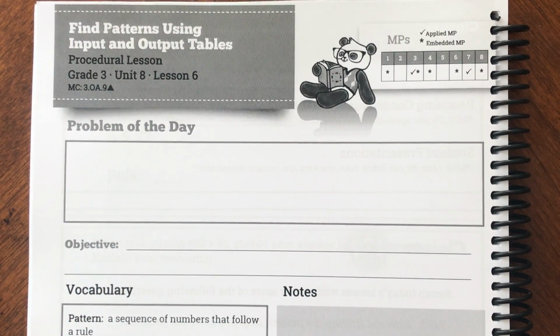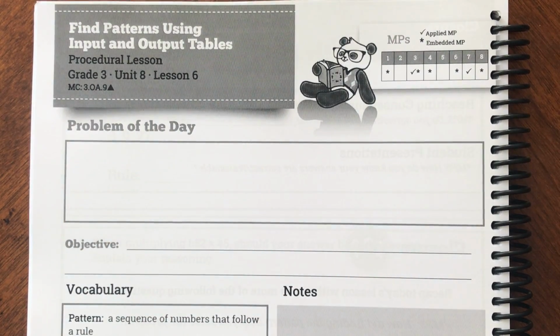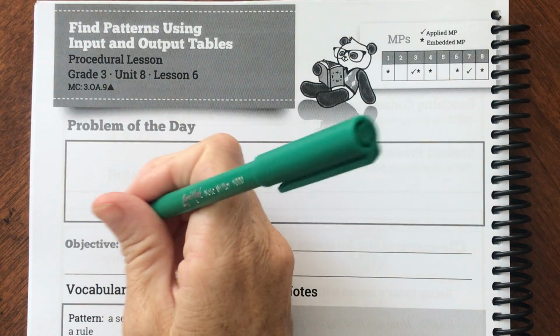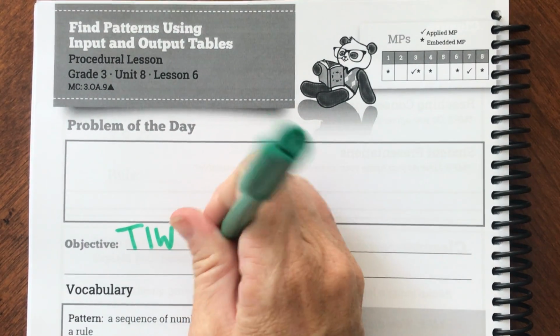Today we're on page 249, and we're actually going to be doing two lessons today. We're going to be doing lesson 6 and lesson 7 in this video. Okay, so our objective today is we're still continuing with patterns, but we're going to be looking at them in a different format. So our goal today is, today I will find